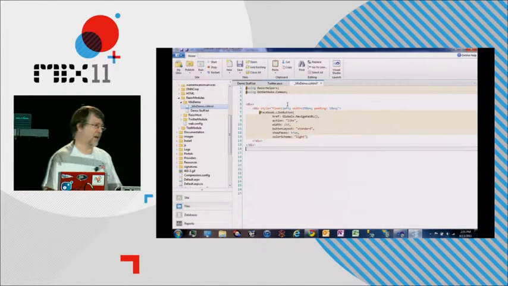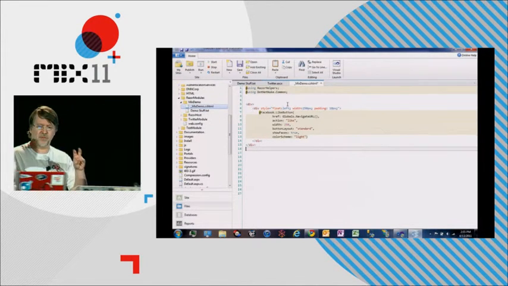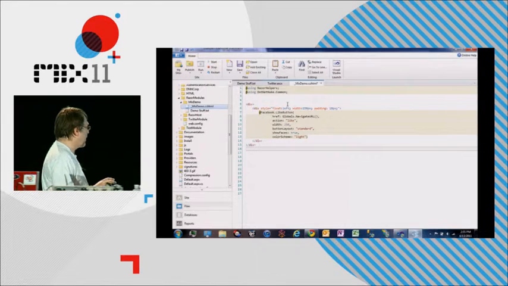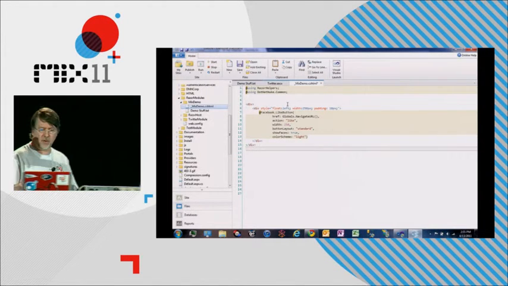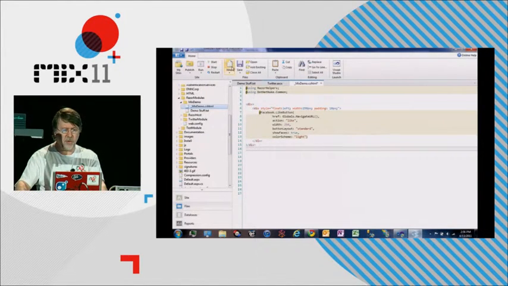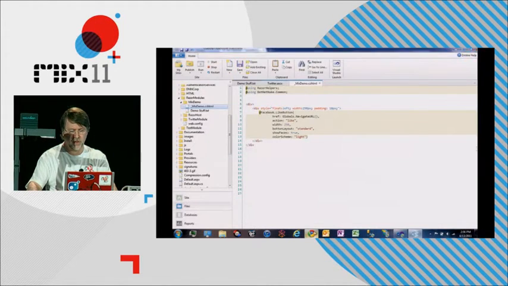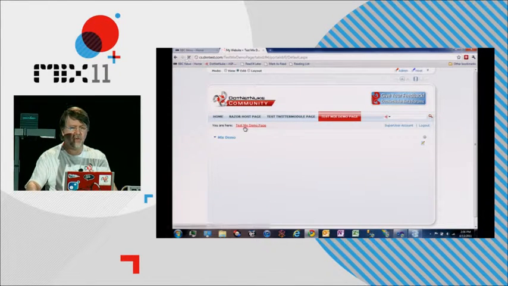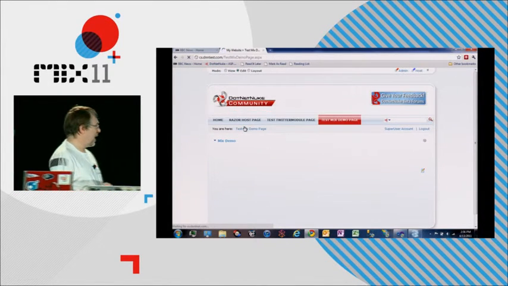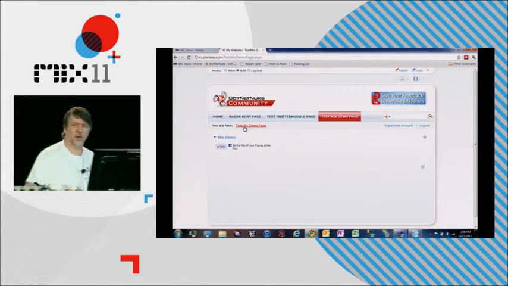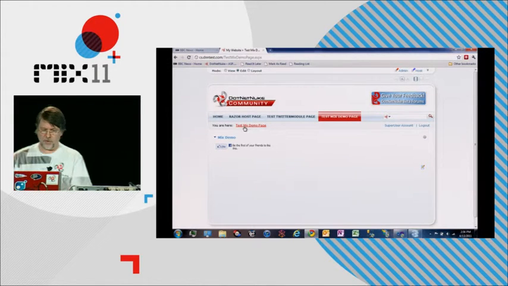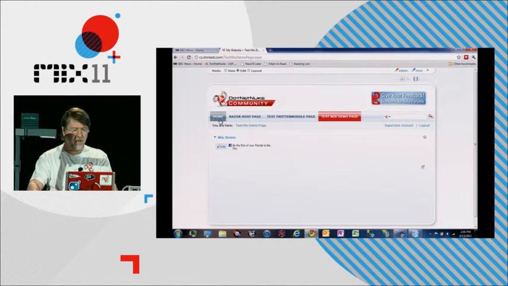But unlike Visual Studio, WebMatrix doesn't support snippets, so I have to do copy-paste. So here I'm going to add a Facebook button to this page. I'm going to save it to this script, and I'm going to just refresh my page, and there's my Facebook button. So what can I do with that? Well, what I could do is I could say, actually,